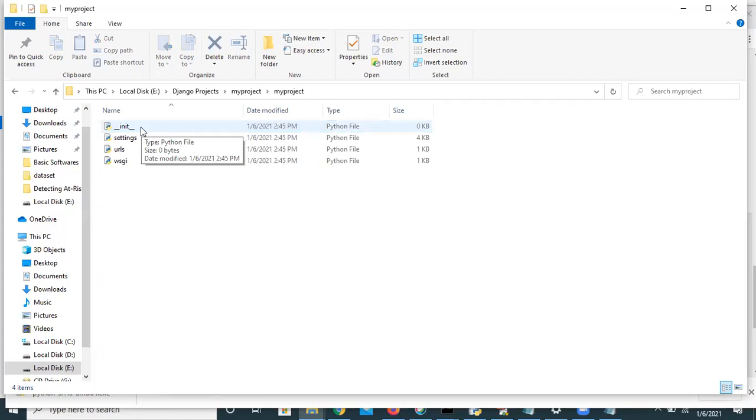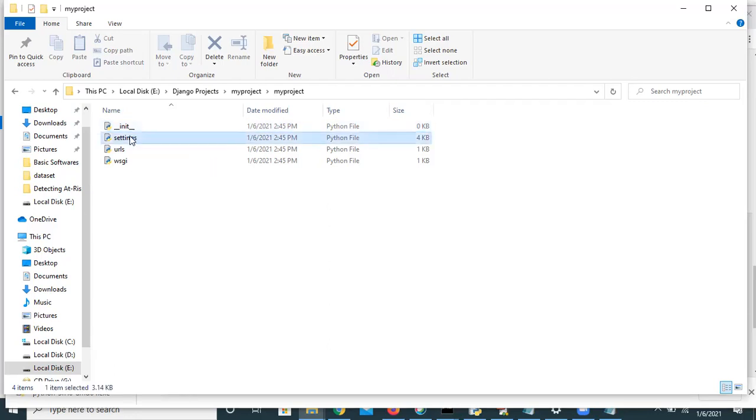And settings.py is used to do any setting. That means if you want to add one more module, we need to set it in settings.py, and to add a database connection, we need to set it in settings.py. Everything we do as setting, we do in settings.py only.